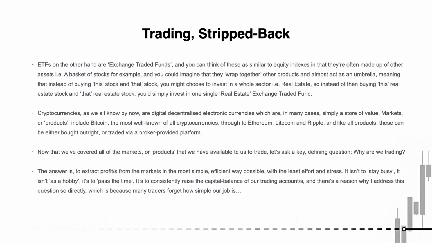Cryptocurrencies, as we all know by now, are digital, decentralized electronic currencies, which are in many cases simply a store of value. So markets or products include Bitcoin, the most well-known of all cryptocurrencies, through to Ethereum, Litecoin, and Ripple. And like all products, these can be either bought outright or traded via a broker-provided platform. So now that we've covered all of the markets or products that we have available to us to actually trade,